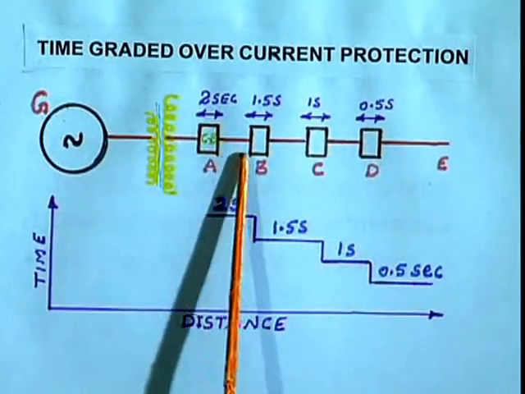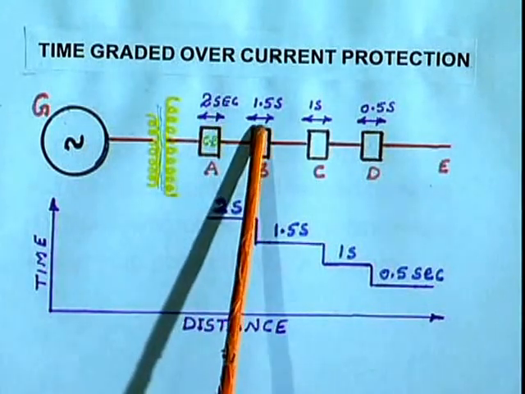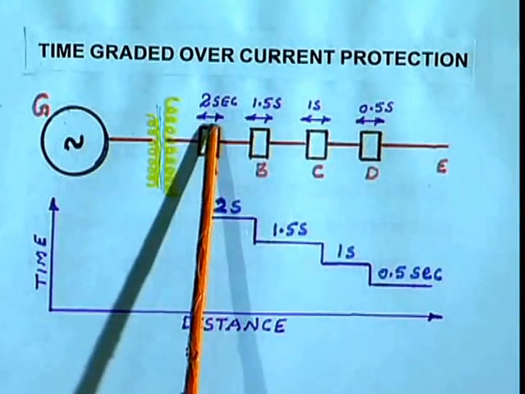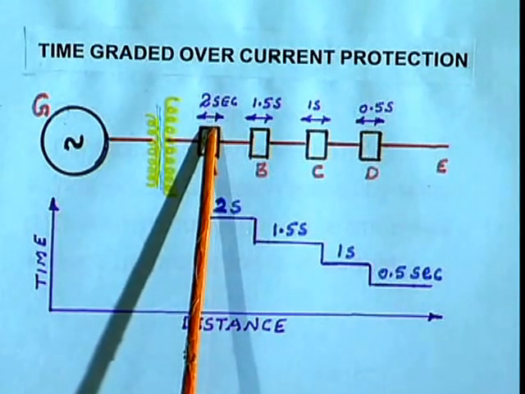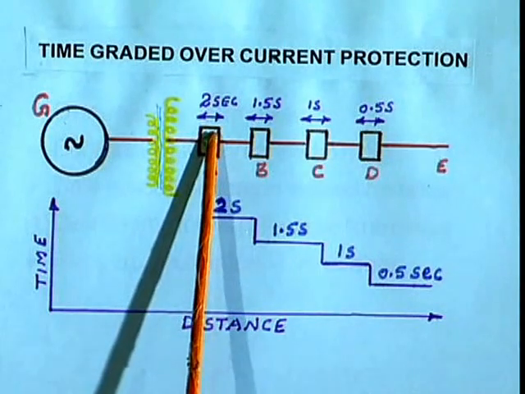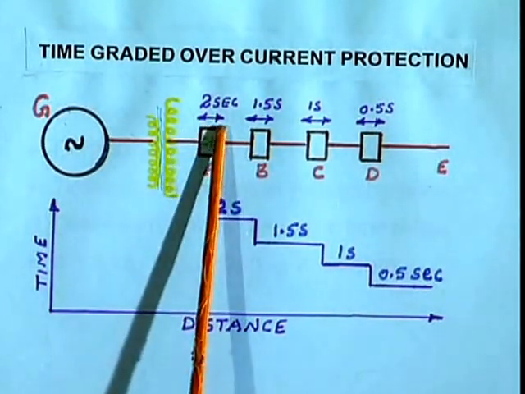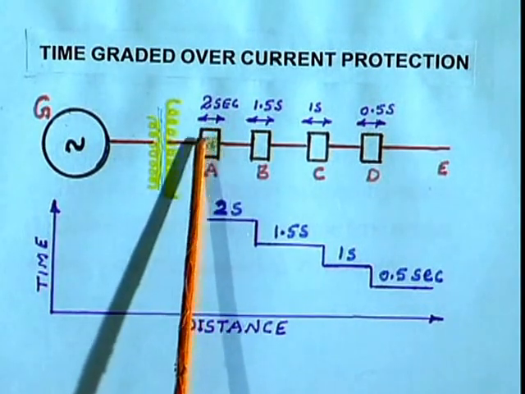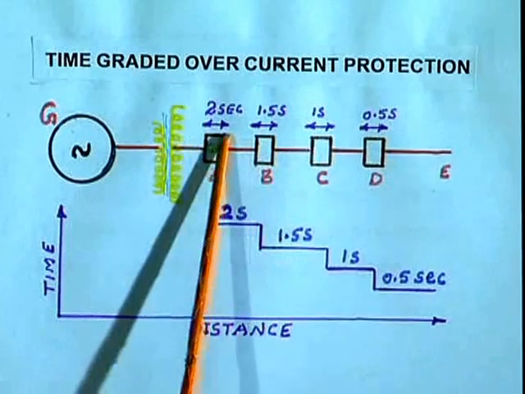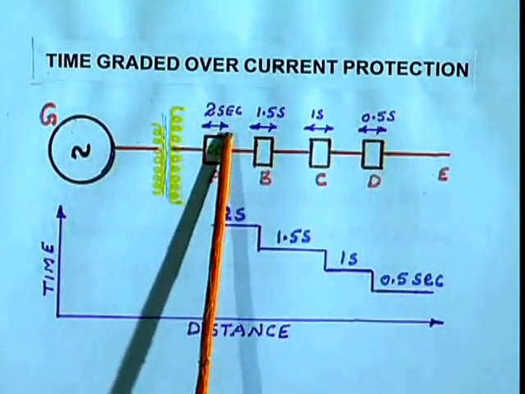In radial feeders, you can see here these are nothing but non-directional relays. Through the circuit breaker, a relay connection will be there. Inside the circuit breaker, the part of the relay connection will be there. If the arrow mark is shown in either direction, that means it is a non-directional relay. Non-directional means if the current flows in this direction or this direction, forward or reverse, the relay will operate on both sides.